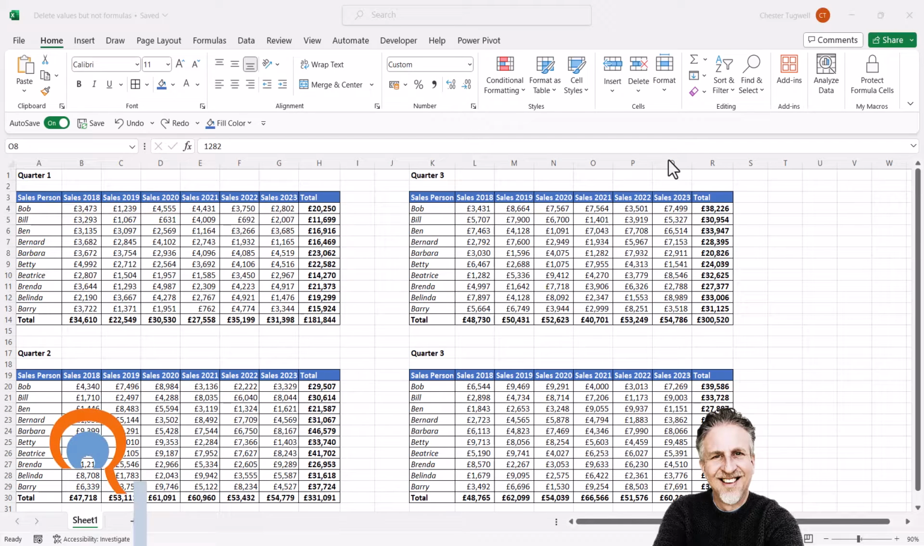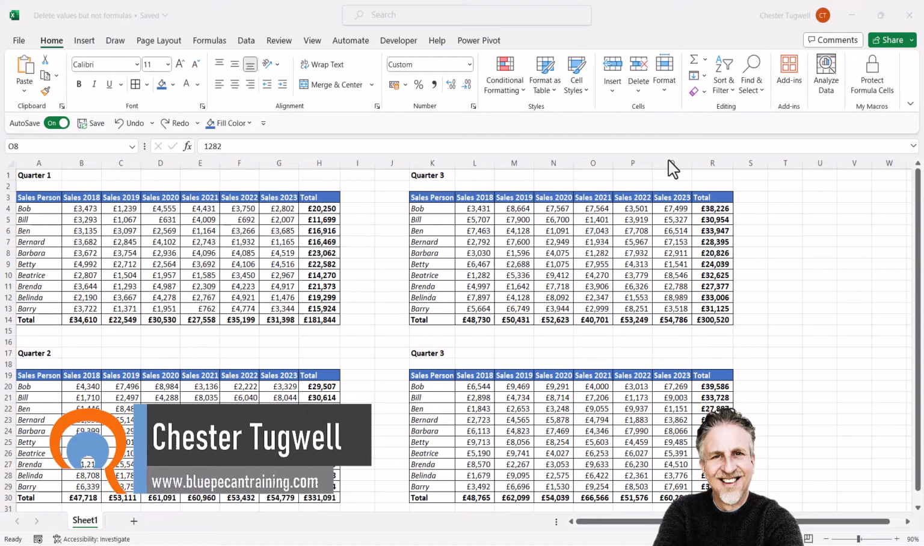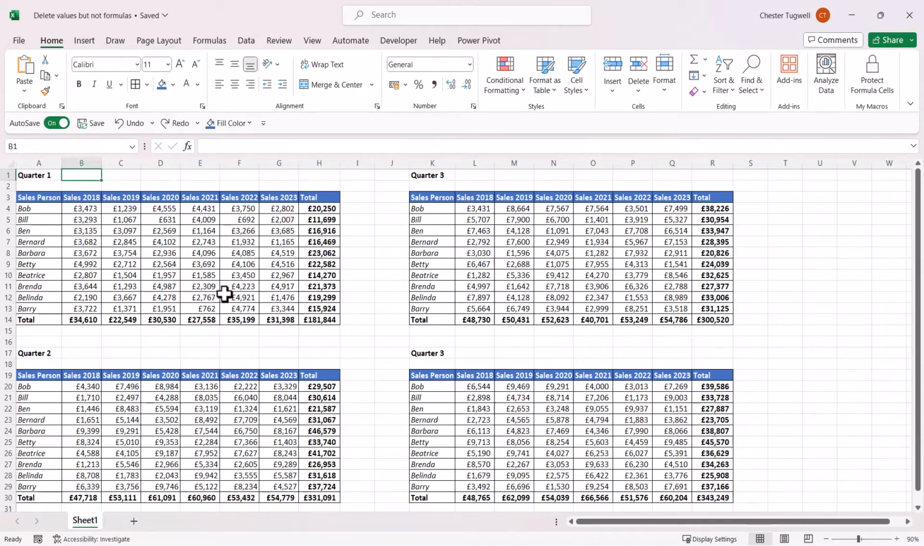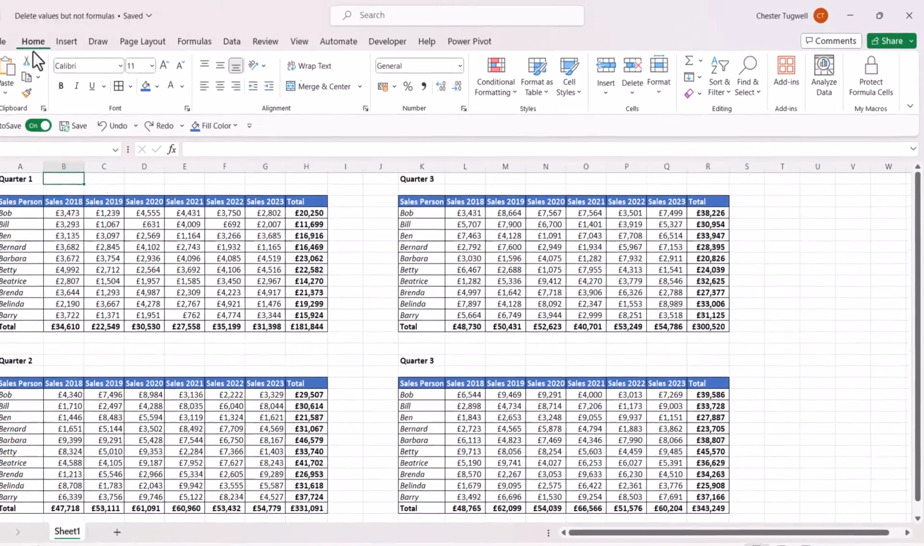Okay, you're in Microsoft Excel and you want to reset your spreadsheet. You want to delete your values or your data, but not your formulas. So your first step is to click anywhere within your worksheet, and then on the Home tab of your ribbon,